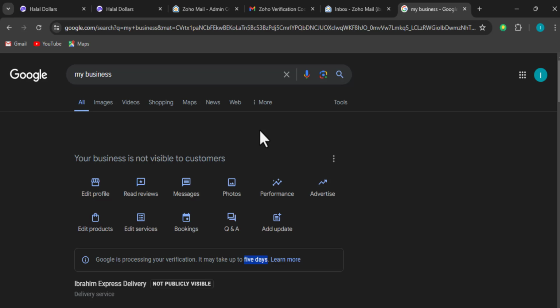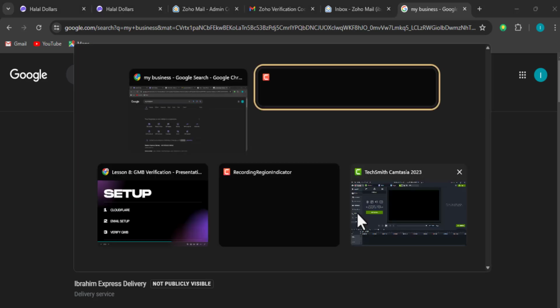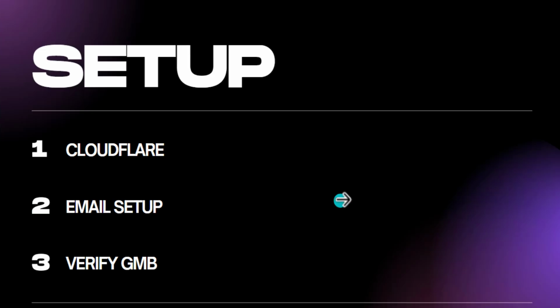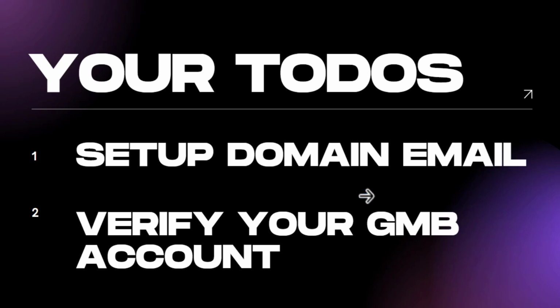We ask that Allah subhanahu wa ta'ala makes it better understood and said, and He forgives us our shortcomings. So you would need to also do the same thing. You need to set up your domain email and also verify your Google My Business account. So once you're done verifying it, you wait for Google to respond to you and your business will be verified,